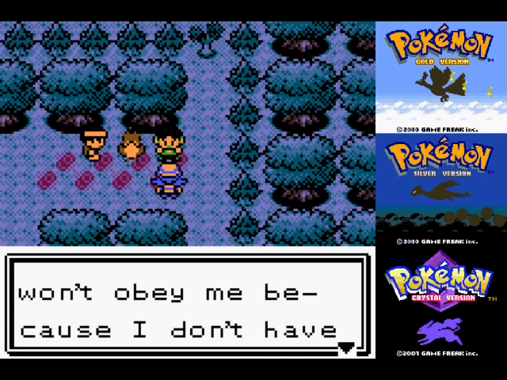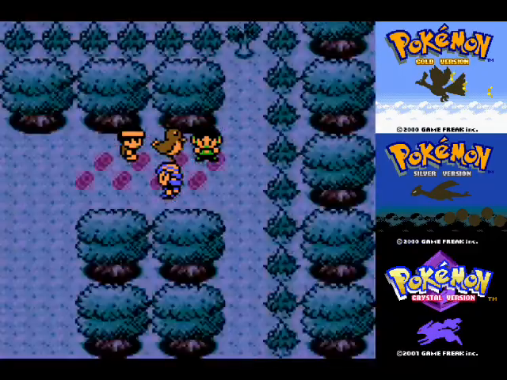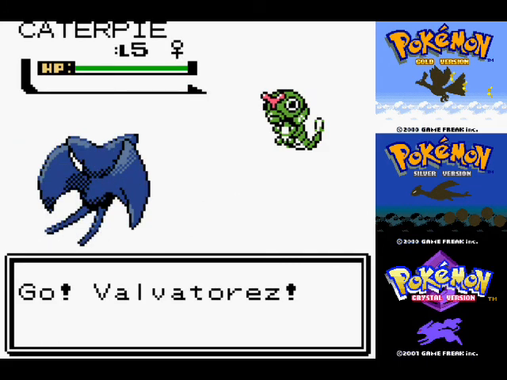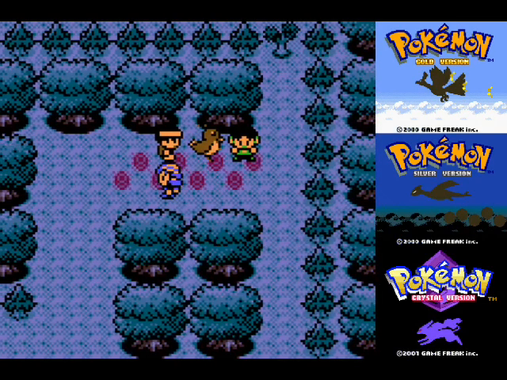Wow, thanks a bunch. My boss's Pokemon won't obey me because I don't have a badge. Yeah, they aren't the battling type, they're the wood chopping type of people. I can't believe I'm not seeing this other bug Pokemon that I should be seeing in this forest, or the grass poison type that I should be seeing. Anyway,